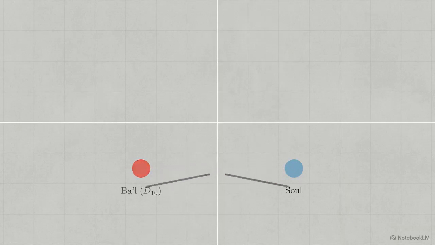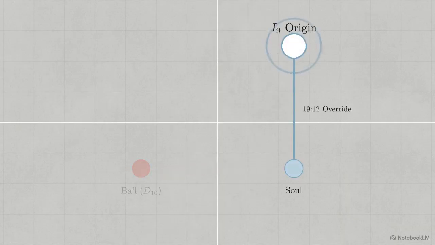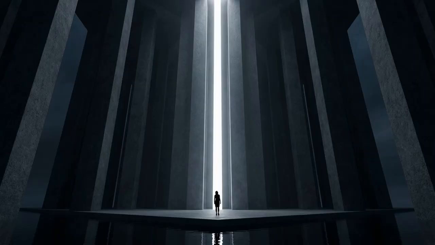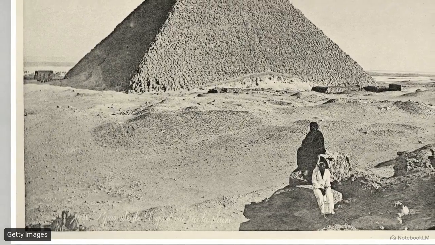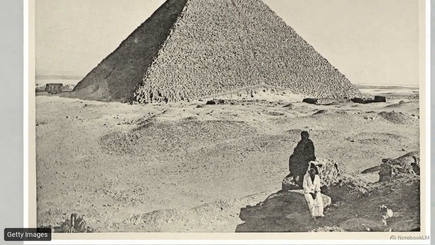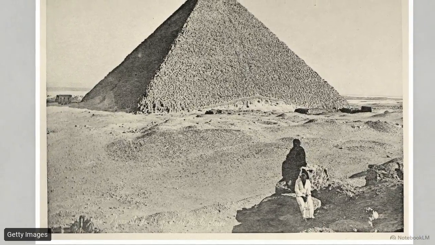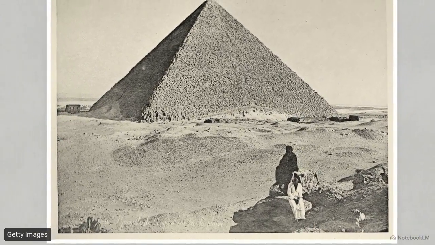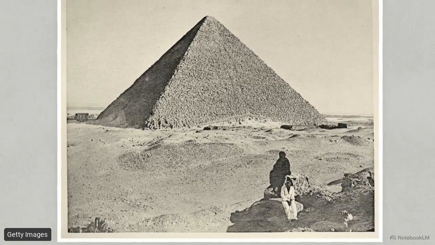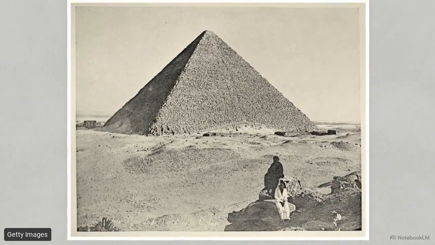Defeating the Baʁl trap requires a direct I9 override, modeled by the female reader in hostile environments. Asiya executes this override at coordinate 6611. Asiya is trapped within a pharaoh system that claims absolute divine lordship. Even within the geometric weight of this D10 tyranny, she maintains a vertical orientation.